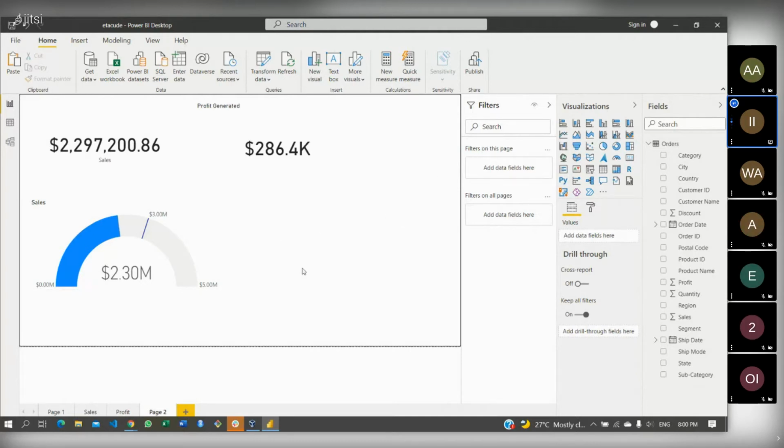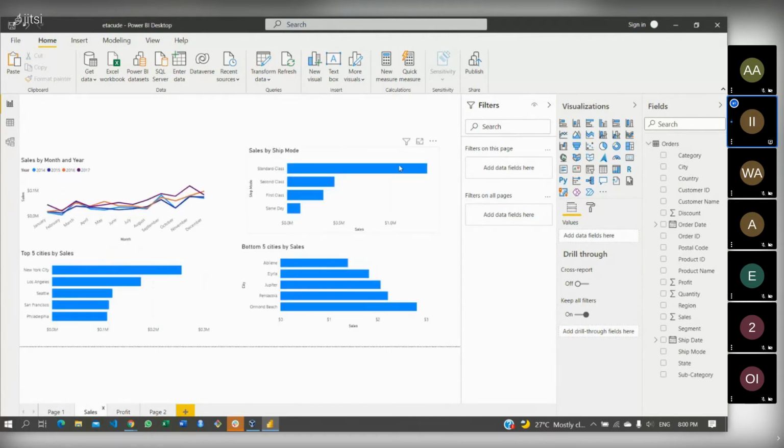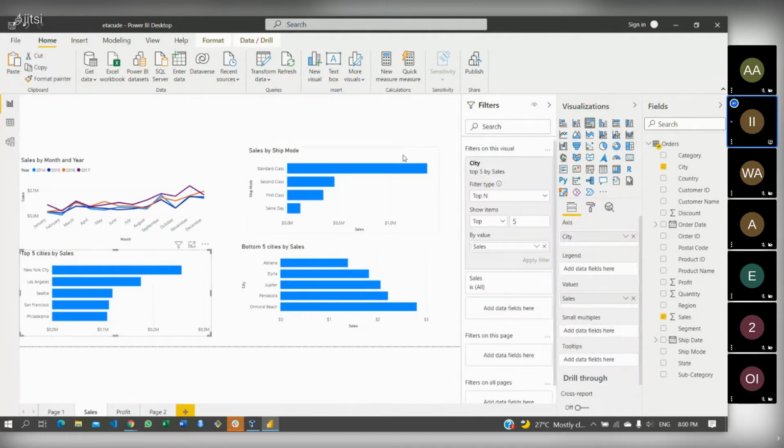Okay, so let's go back to our sales, and then let's try to add slicers. Filters are what you add when you are building. Like when we added filters to this while we were building, anybody viewing this can only see what is there, except I send you this Power BI file. You can't modify the filter for this particular visual. Slicers are similar to filters, but the difference is this: